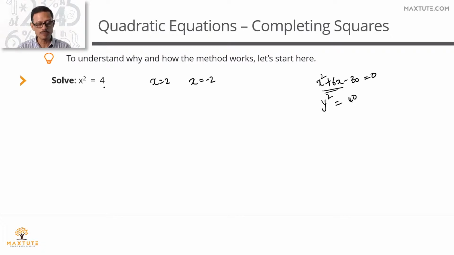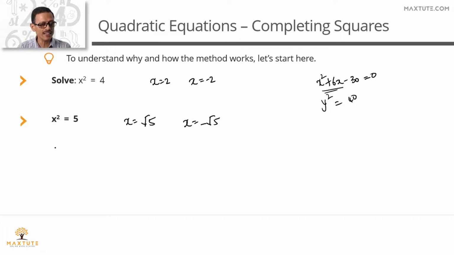This is very simple, x square equals 4. What if this had not been a perfect square? If you had something like x square equals 5. We know how to find the value of x here also. We're going to be taking square root on both sides. So value of x is going to be equal to root 5 or value of x is going to be equal to minus root 5. This was also quite easy.